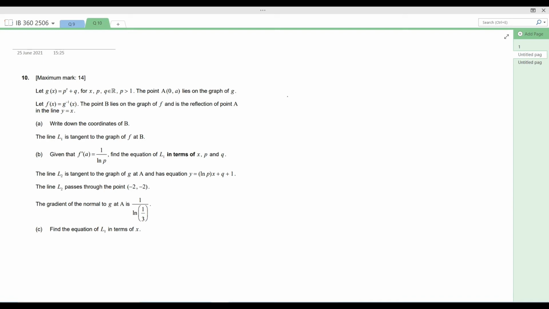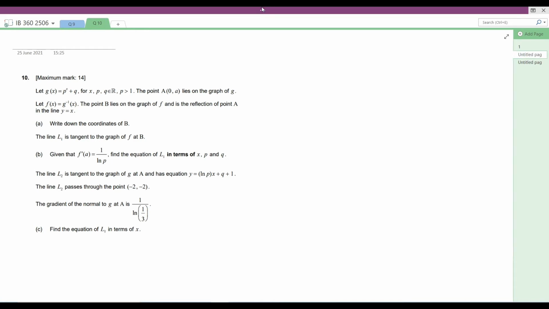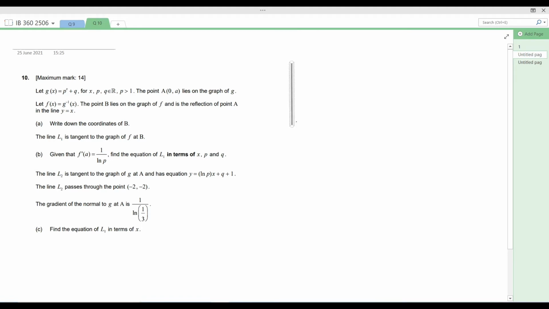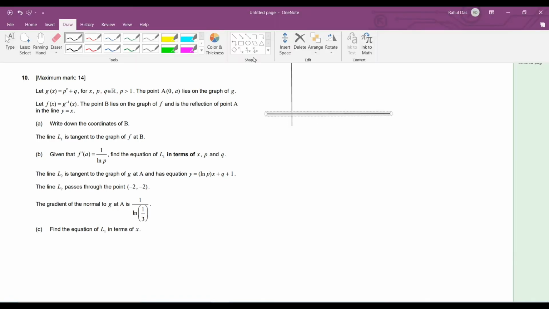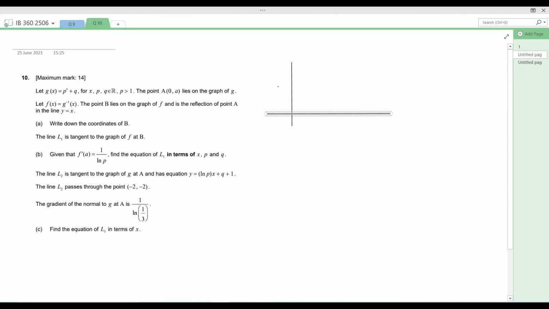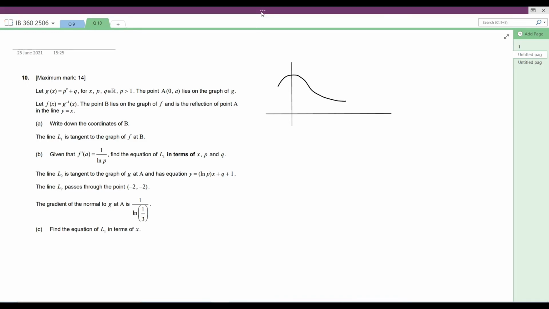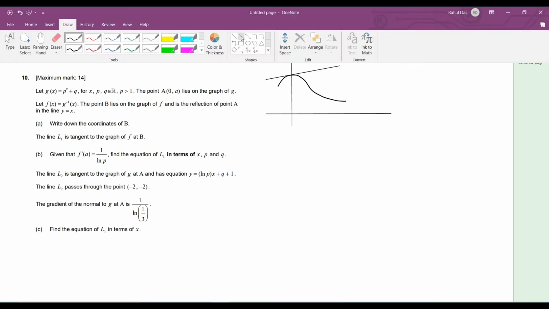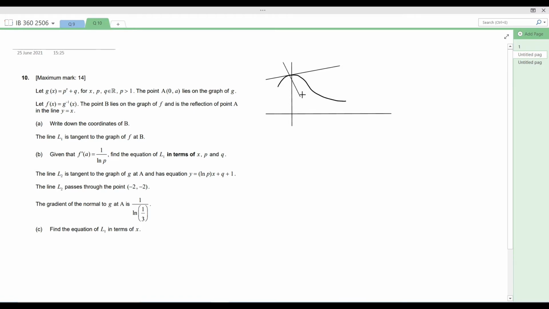For this particular question, let me give you one understanding from the graph. Let me draw a small graph, and you will understand the fact from here. A typical graph I am drawing is something like this. One tangential line can be this. If this is the tangential line, then the normal line must be in this way. It must be perpendicular.